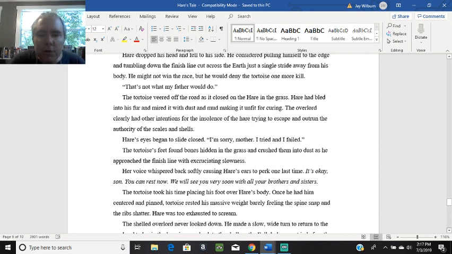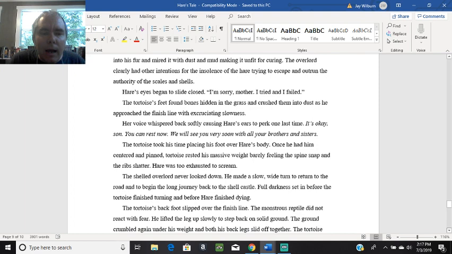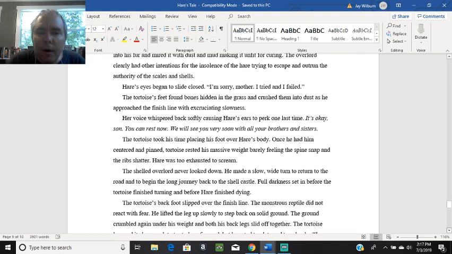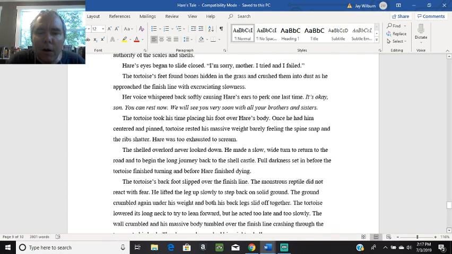The overlord clearly had other intentions for the insolence of the hare, trying to escape and outrun the authority of the scales and shells. Hare's eyes began to slide closed. "I'm sorry, Mother. I tried and I failed." The tortoise's feet found bones hidden in the grass and crushed them into dust as he approached the finish line with excruciating slowness. Her voice whispered back softly, causing